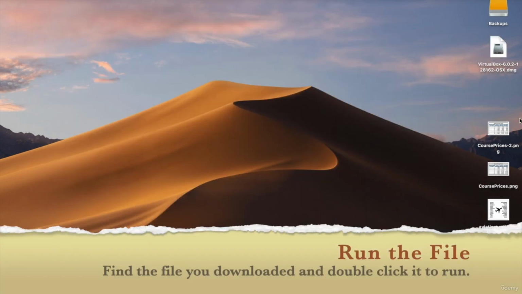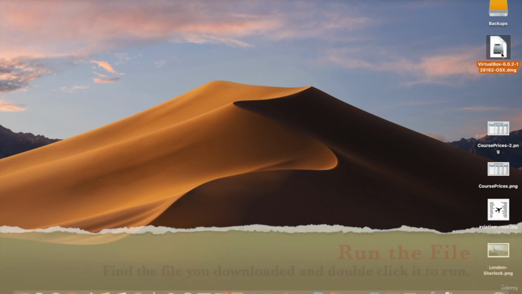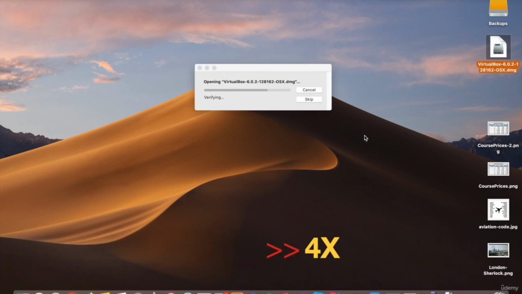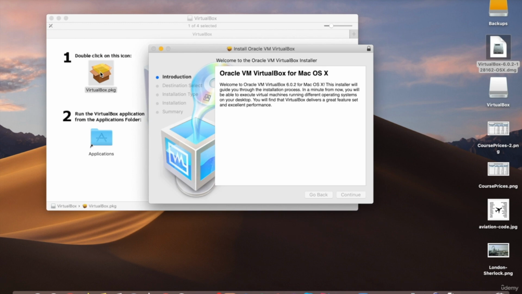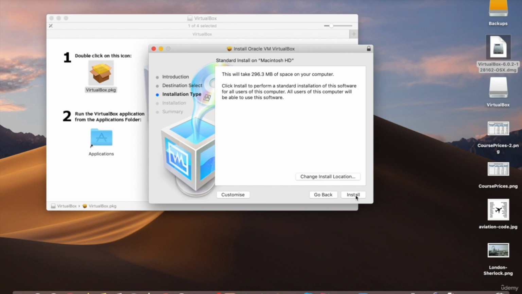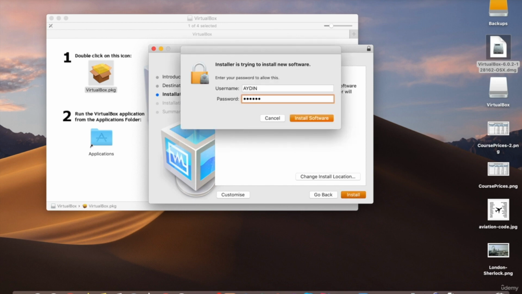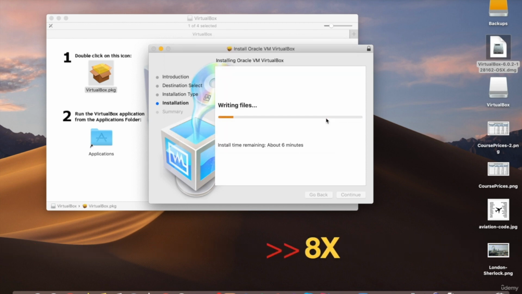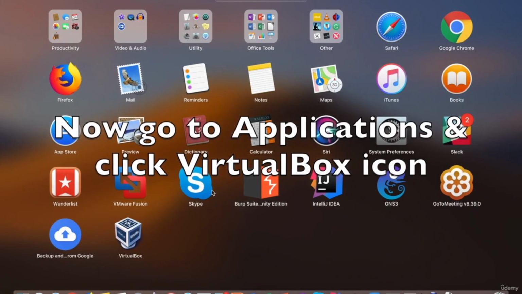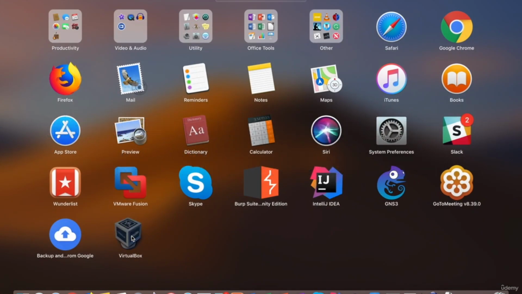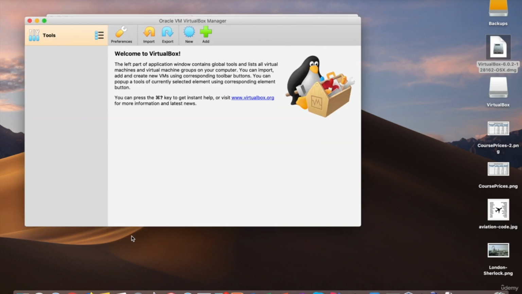When the download's finished, double-click on the installation package file, which has the .dmg at the end. Okay, so here you do what the instructions tell you. Double-click on the VirtualBox.pkg icon, click Continue, continue again, and Install. And then here I just enter the local admin password and click the Install Software button. Now, go to the Applications menu and click the VirtualBox icon to start your virtualization environment. Congratulations, you've installed